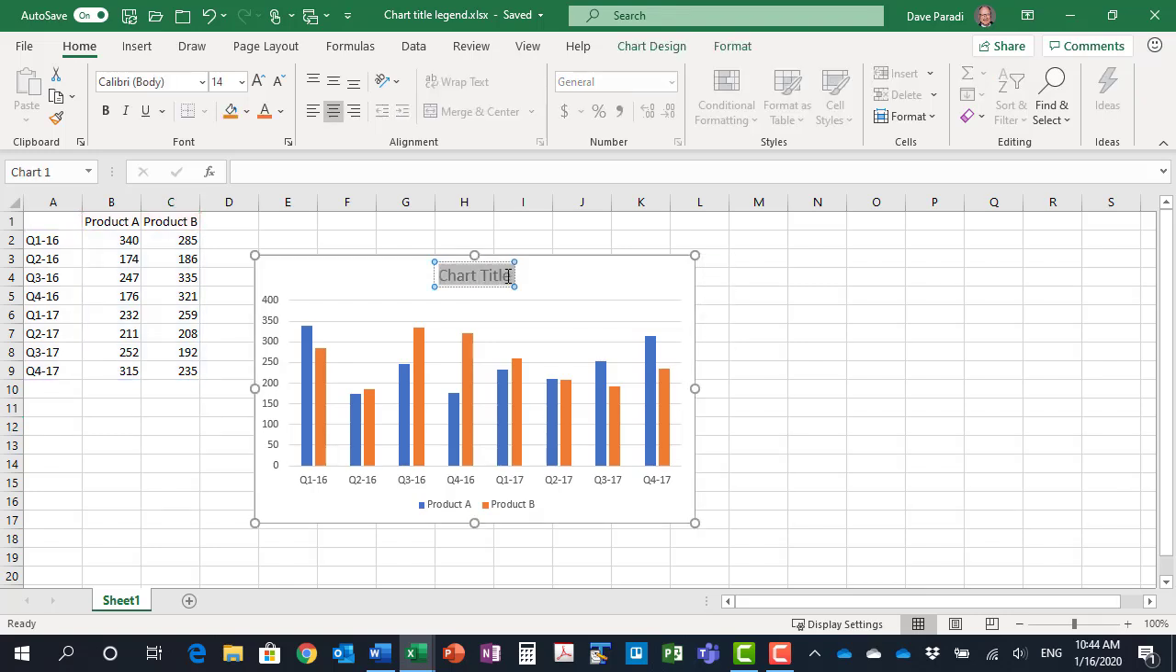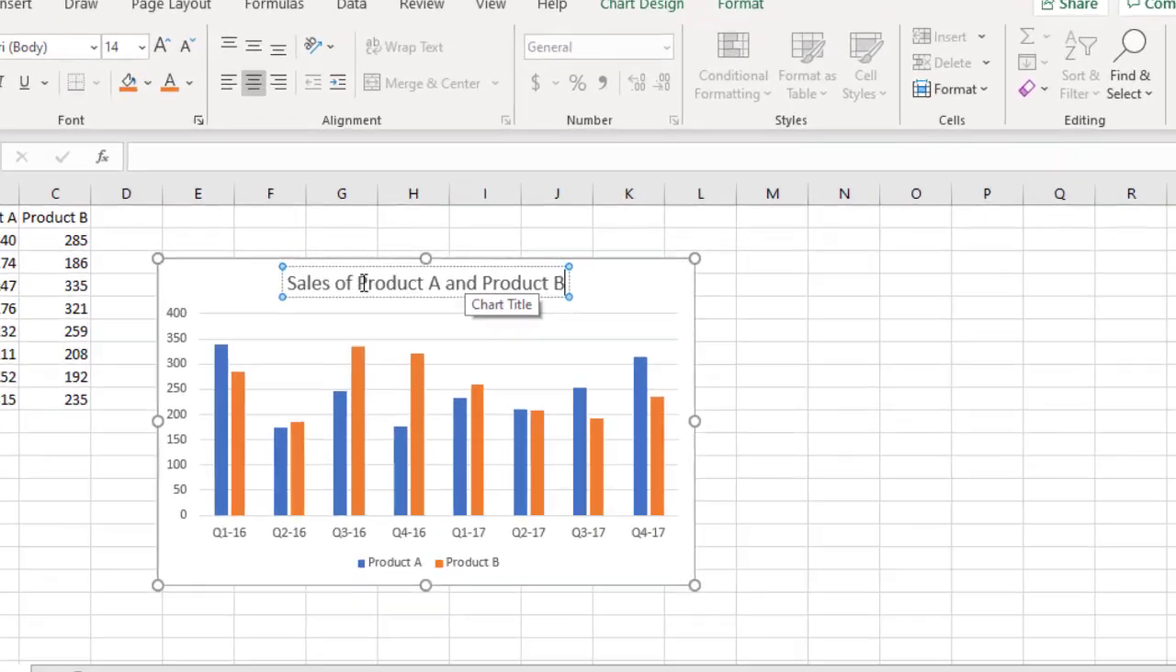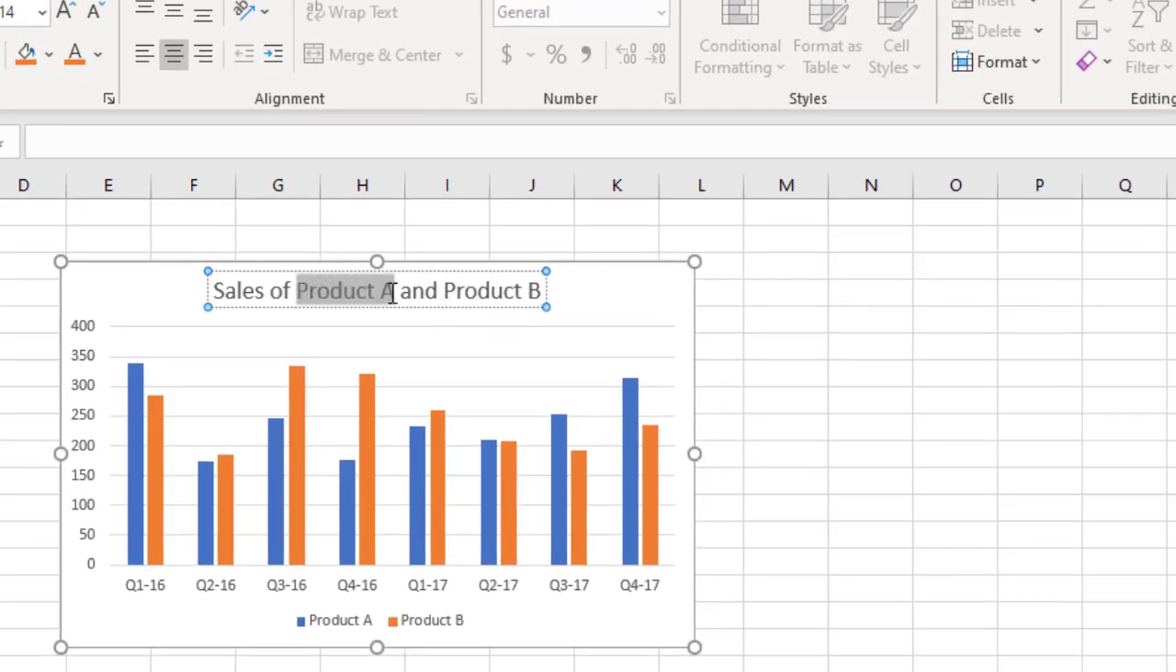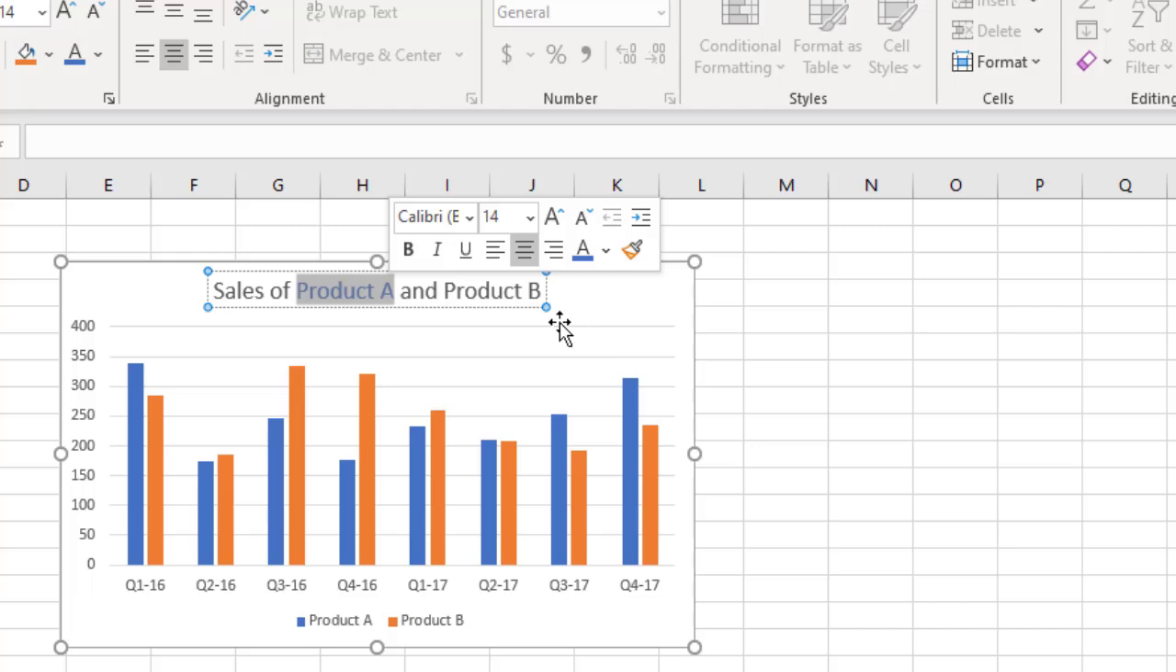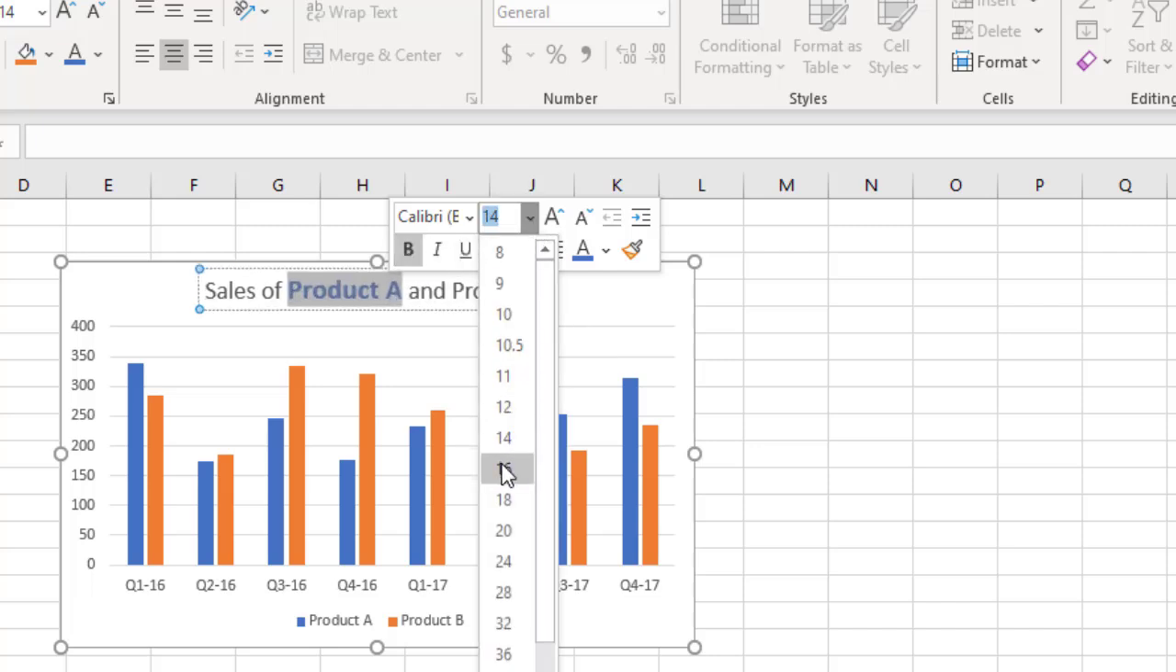So I'm going to put in a chart title here, sales of product A and product B. And so I've typed it all in, but what you can do is you can select just some of the text. So I'm going to select product A, and you'll notice I get my text formatting pop up here. So I can change the color of this text to be the same as the color of those columns, which will be the blue. I'll make it bold, and I'll make it one font size larger so it stands out